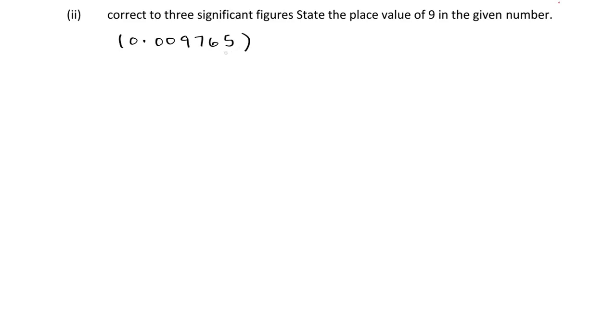So we are going to add 1 to this 6, which is going to be 7. So writing this to 3 significant figures, our number is going to be 0.00977. Okay, so something to note is all these zeros to the left of this number